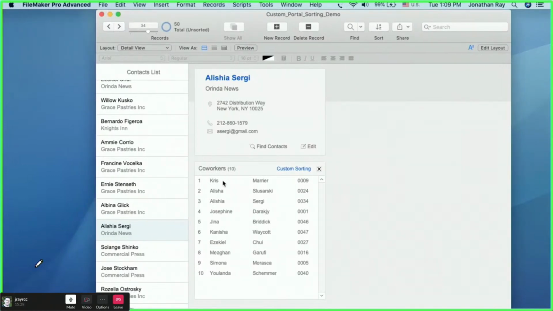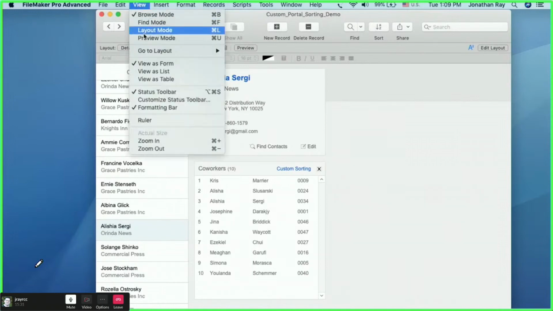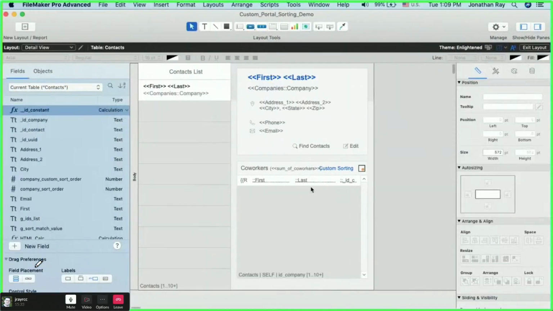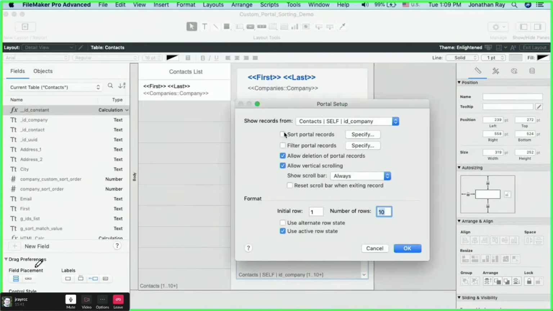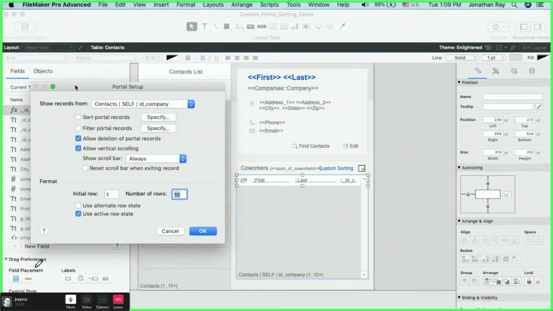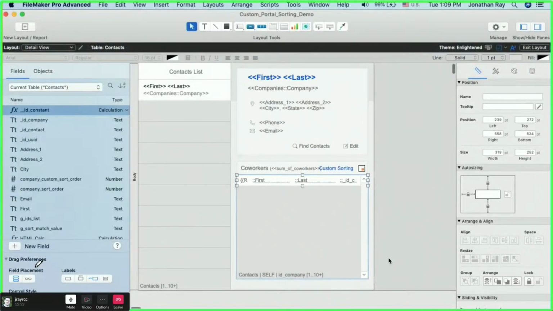All right, so I'm going to go to layout mode. We go to View, Layout Mode, and you notice this is just a regular FileMaker portal. You'll notice here, though, that if I double click on here, it's not sorting on the portal itself. All right, so I don't have this checked, and we're not saying sort by some specific field. Okay, what I'm doing instead, let's go to browse mode,